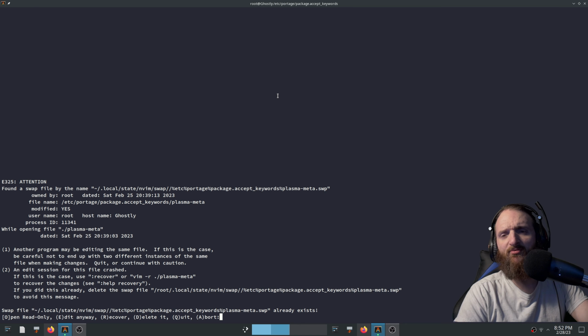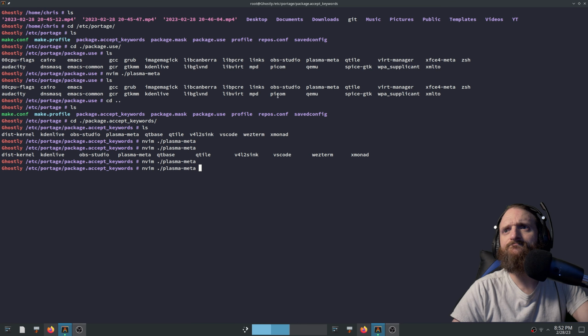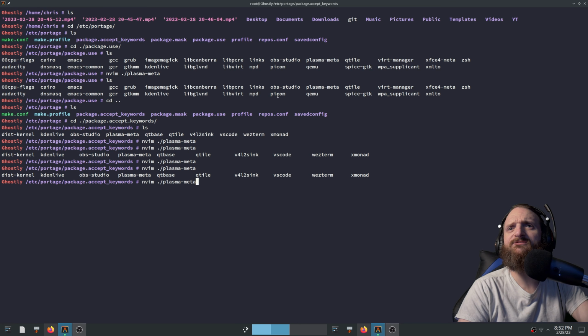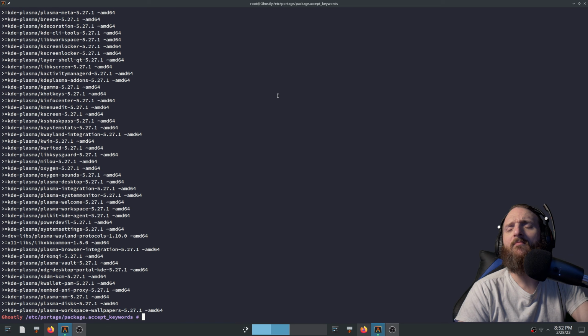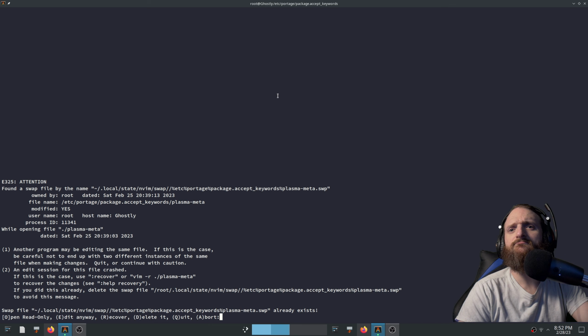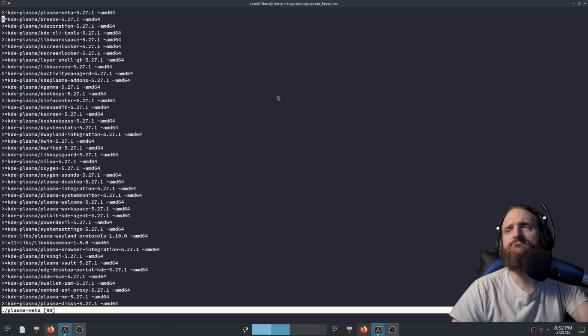Let's go ahead and open it read only. I need to fix this error. I don't know why it's telling me. Try to open that again. I'll open it up as read only. It's probably some kind of file permission stuff. But anyway,